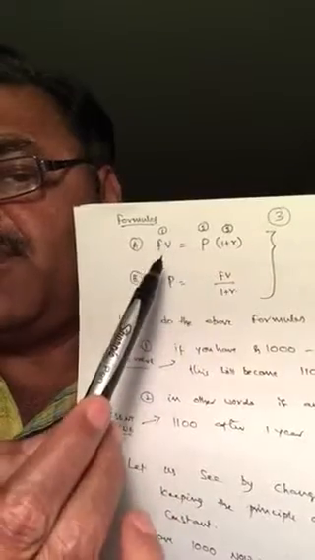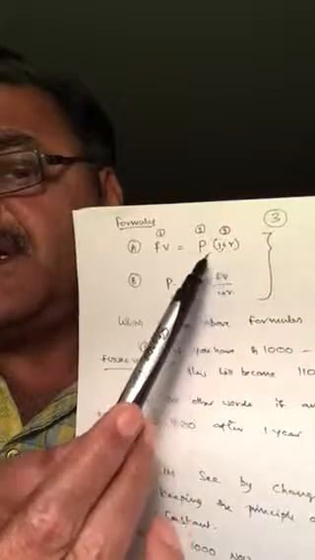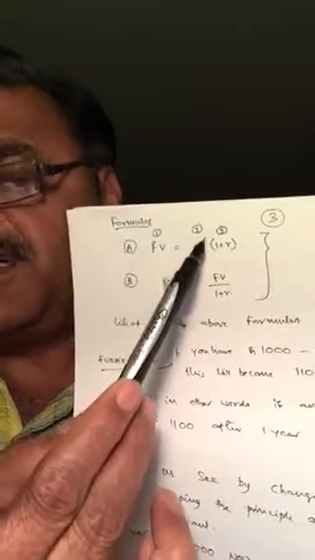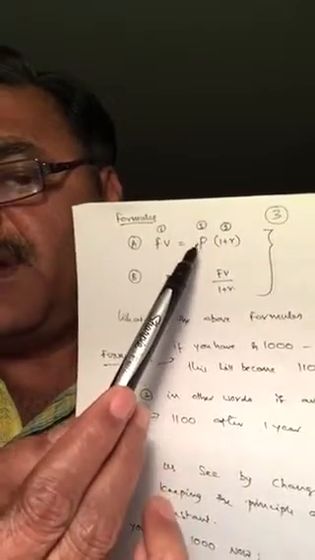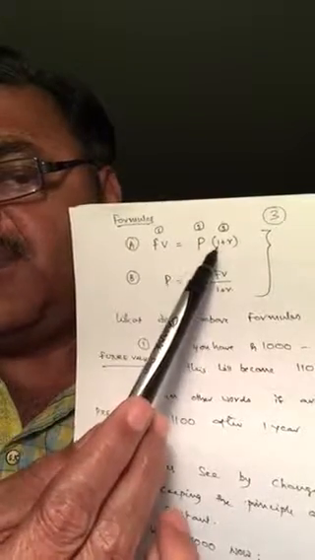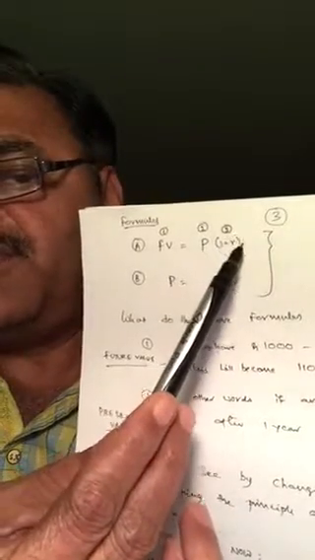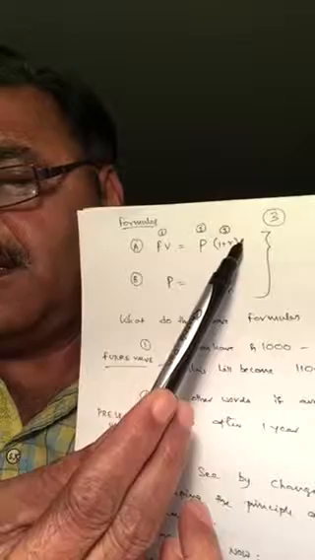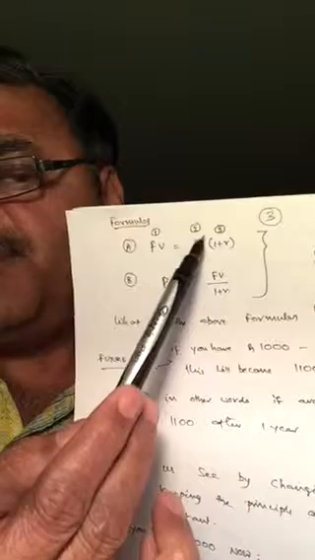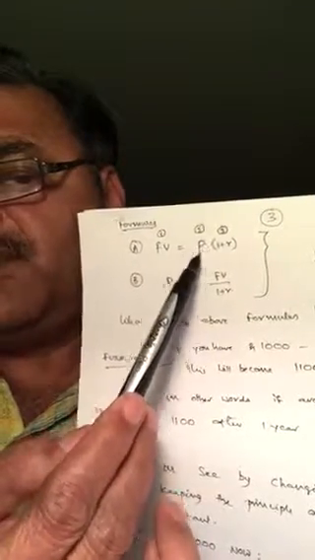So to get 1331 rupees at the interest rate of 10%, how much amount we have to invest? That is, how much amount should be the present principal P. What will happen now? We are putting here future value 1331. Here we are putting 1 plus 0.10, that is 1.10 to the power of 3. Okay. We want to know the present value P.